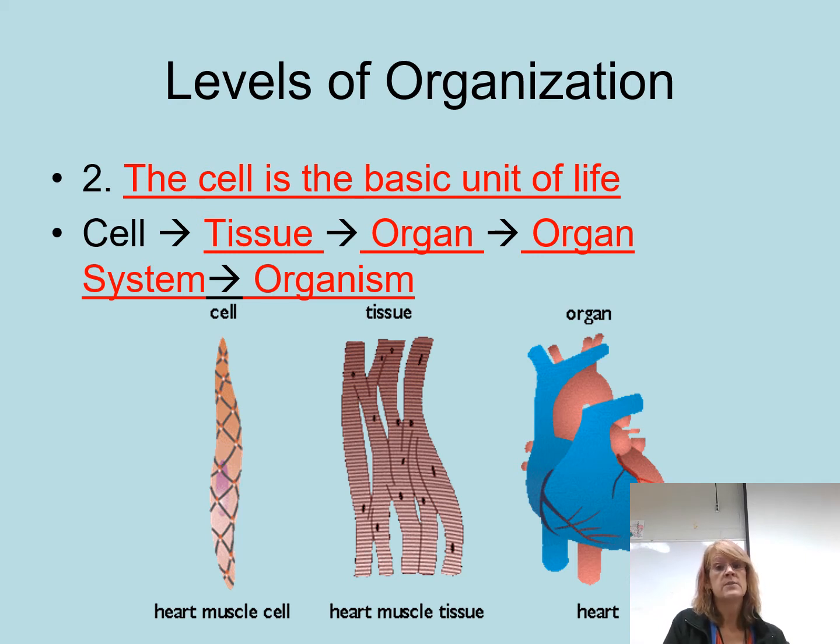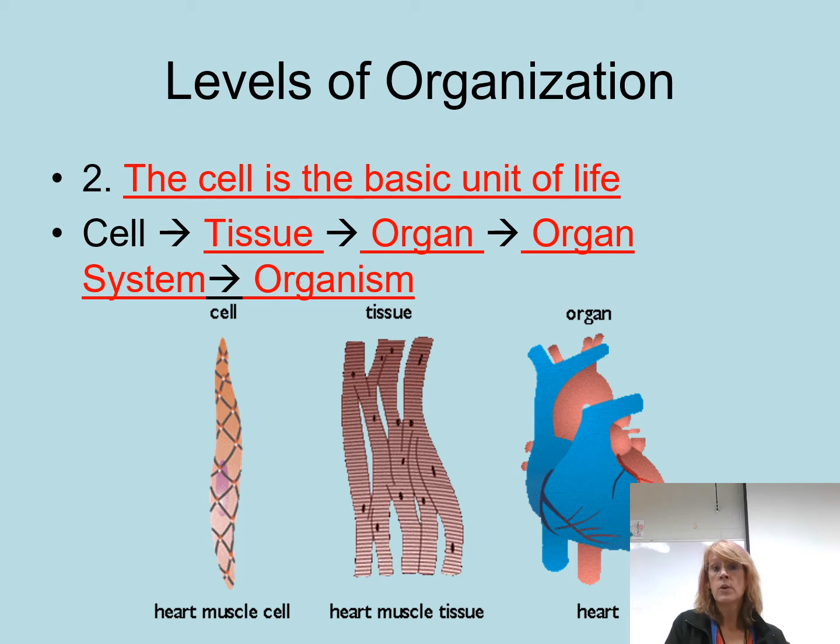Now, when you have groups of tissues working together to perform a common function, that gives you an organ. So for example, in the case of our stomach, it has certain types of tissues in it, and those tissues work in a certain way to give the stomach its job. The brain has different kinds of tissues. So they're going to work together differently, so your brain's going to work different from your stomach.